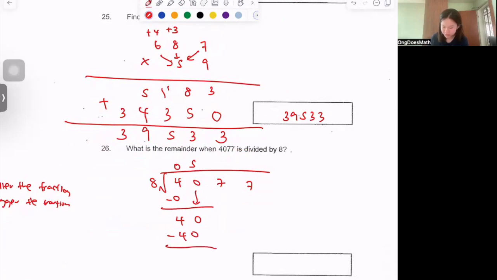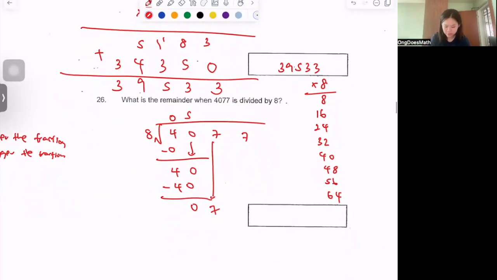Okay, let me just list out the multiples of 8 quickly at the side so that you guys have a reference. Okay, I hope that's enough. So now carry down this 7. Can 7 be divided by 8? Nope, 7 is too small. So put a 0 there, minus 0. Carry down this 7. Okay, it's not enough. I'll go on 72,